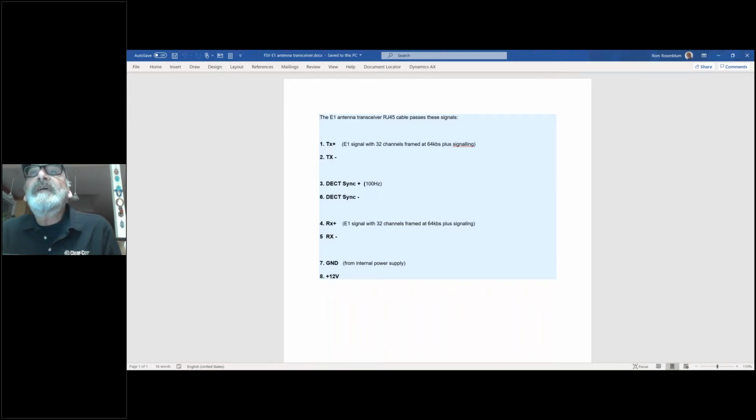So now I can take pins 1 and 2, that's plus and minus for transmit, the orange pair. The blue pair, pins 4 and 5, would be your receive plus and minus. And the decked sync, which is kind of like the conductor, keeps all the transceivers synchronized so that they can hand off properly. That's on pins 3 and 6, the green pair. And the brown pair is giving our power